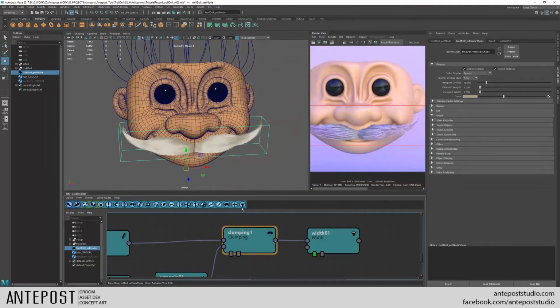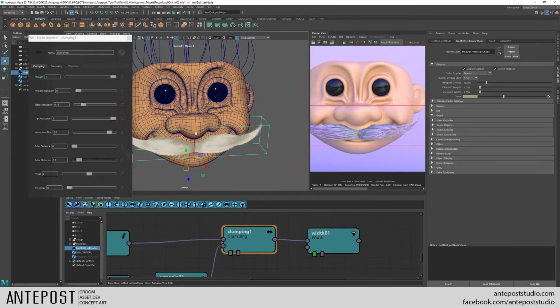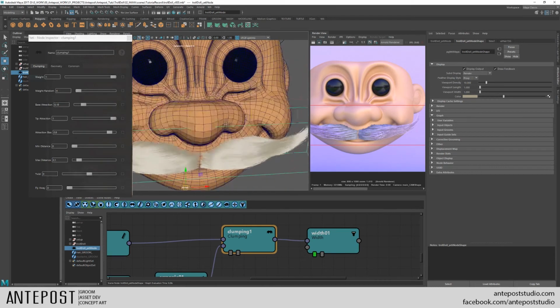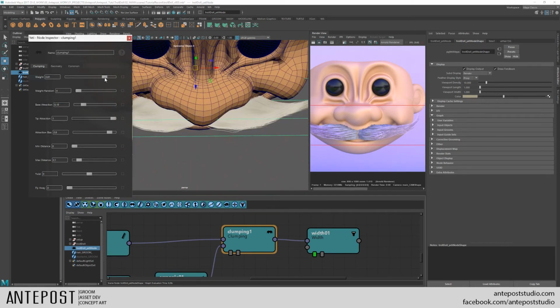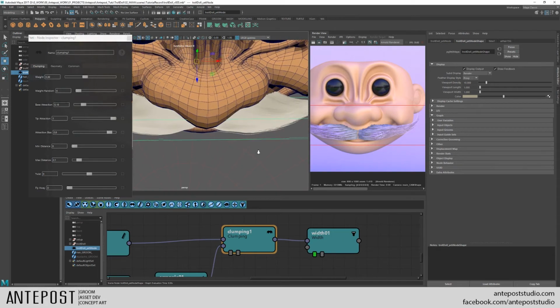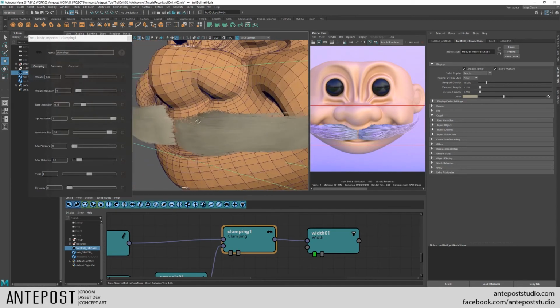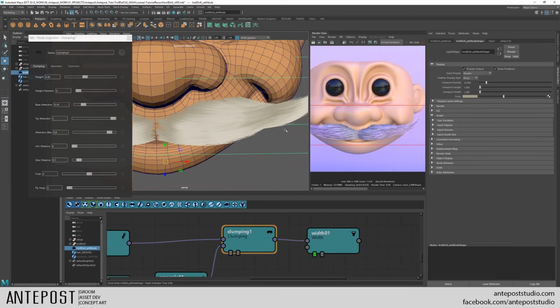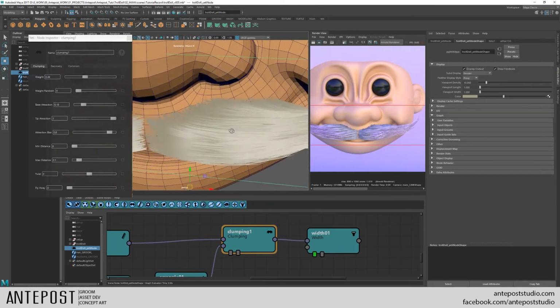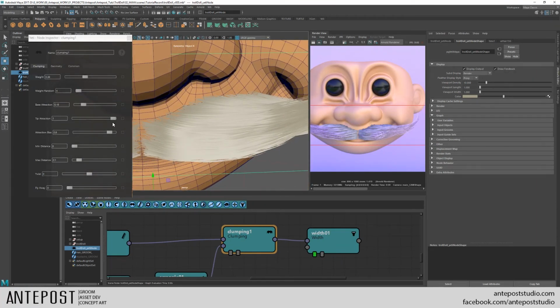If we just lower our value in the weight, we can find a quick solution to this problem. Okay, we are going to have less clump, but we don't want such clumps there, so